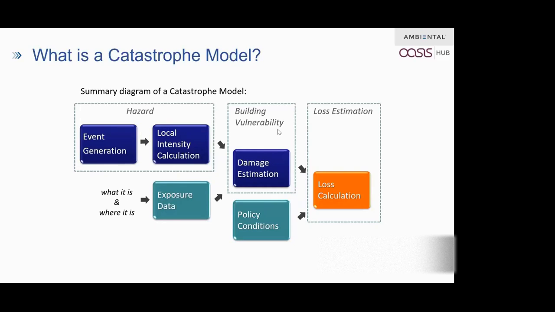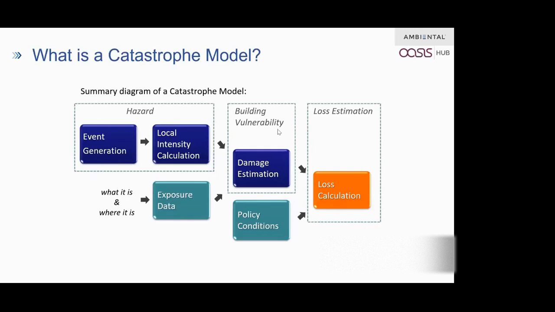The next one is the crucial thing, which is the local intensity calculation, where our hazard map components, which my colleague Katie spoke about, come in. For each simulated event, the intensity of the hazard is calculated at each affected site. In short, I would define hazard as a consequence of the event that caused the damage. The next part is not technically inside the hazard component, but it is directly linked to it, which is the exposure data.